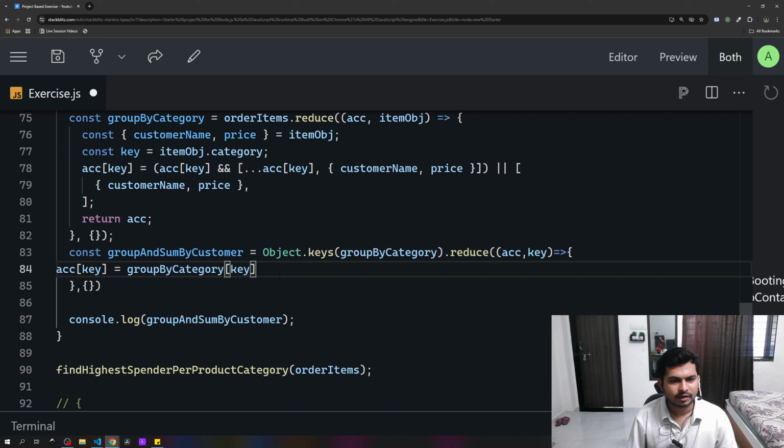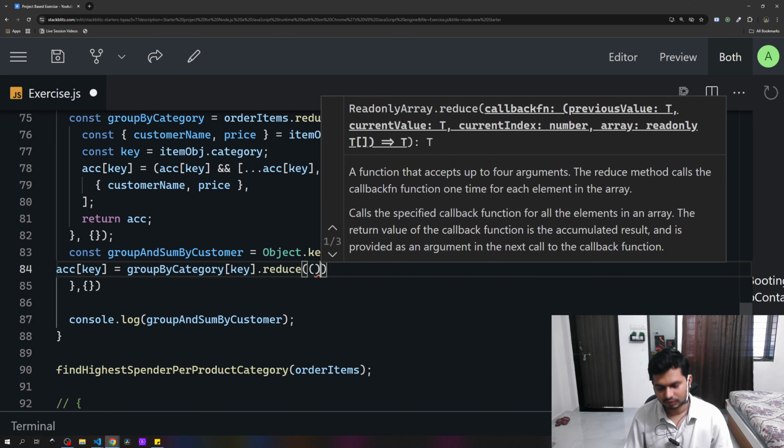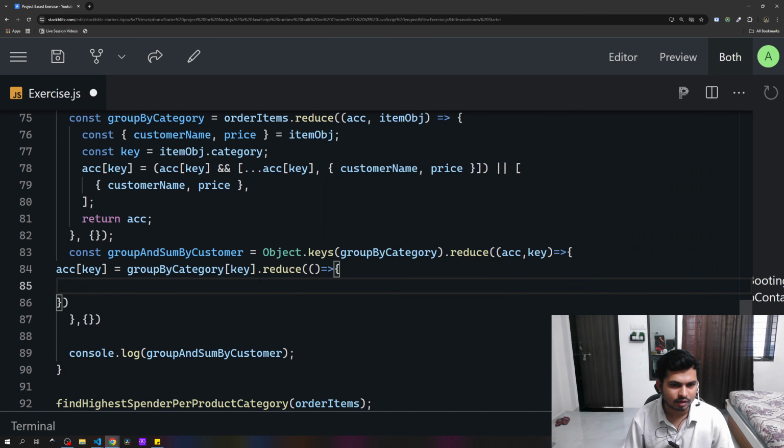Group by category, key, and array. So we have an array, this is an array. How can we use reduce for doing the total? We can accumulate by